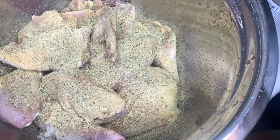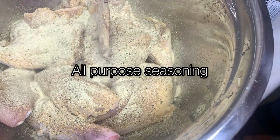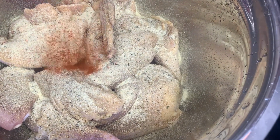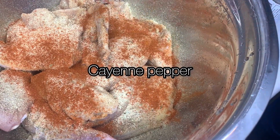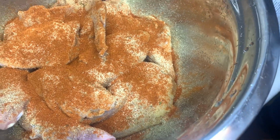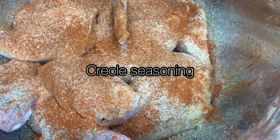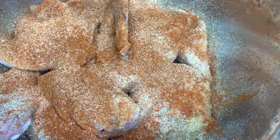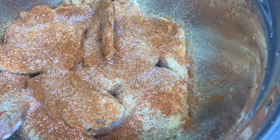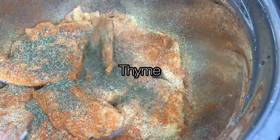Complete seasoning, a little bit of all-purpose seasoning, and once again, guys, all of these powder seasonings measure out to be 1 tablespoon each. Cayenne pepper, and right now I'm adding a little bit of Creole seasoning, salt, pink Himalayan salt, thyme leaves,